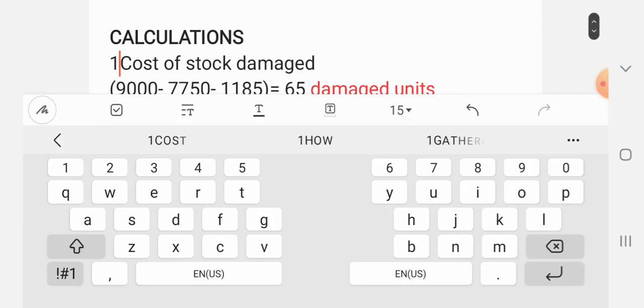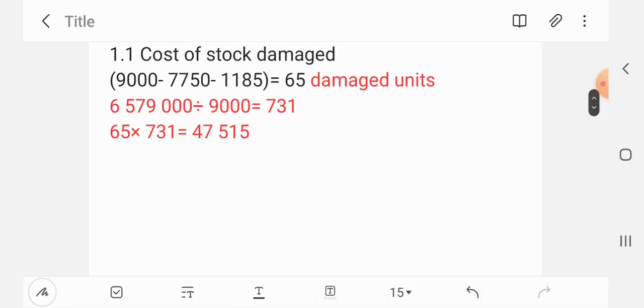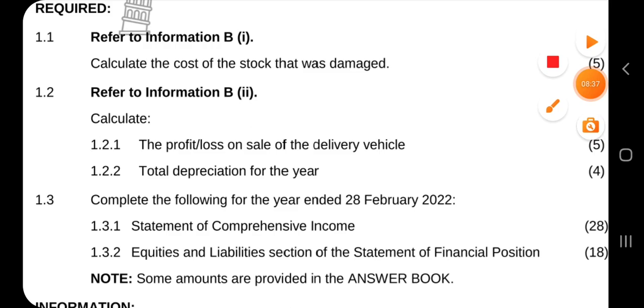This is 1.1. And then 1.2.1 says, calculate the profit or loss on sale of delivery vehicle and then total depreciation for the year. So what you have to know